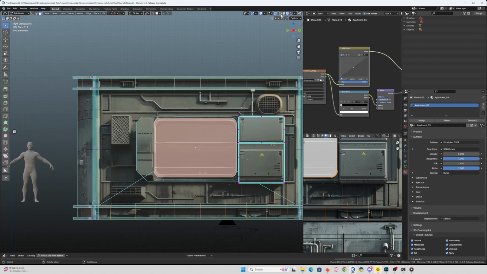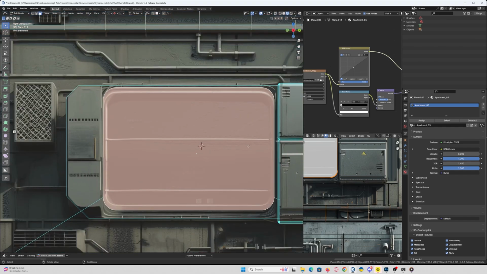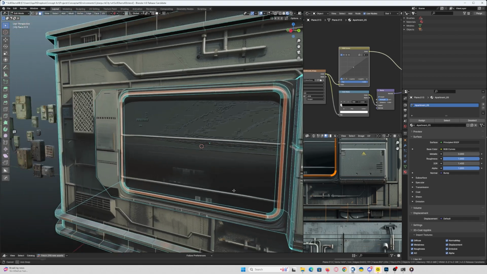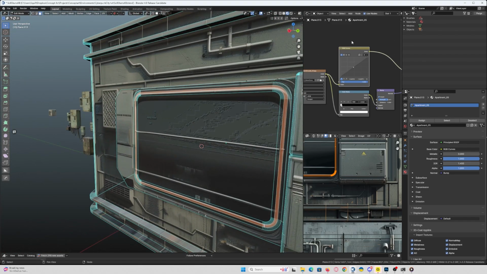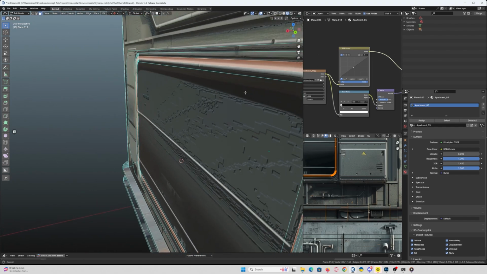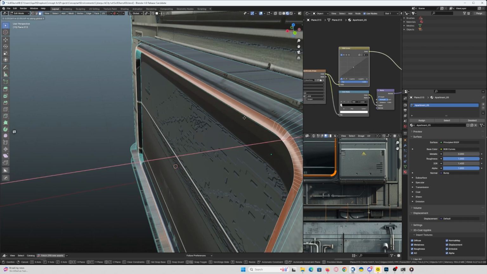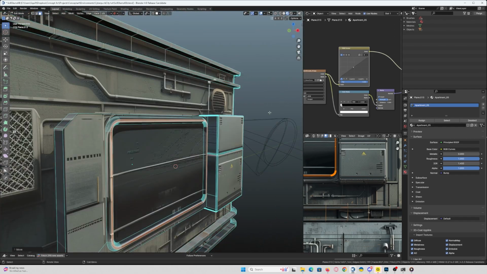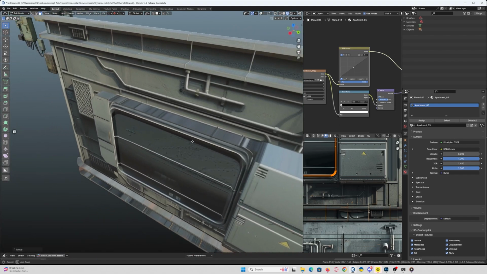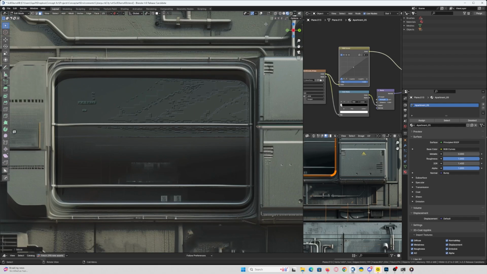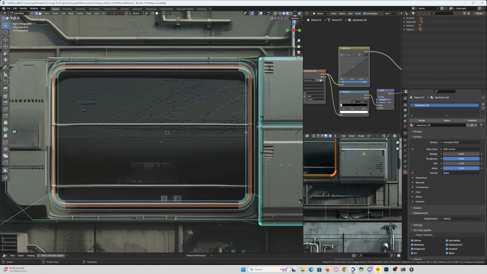We'll grab this, turn our X-ray mode off. We'll inset, inset, inset. And then we can grab this edge. If you want to grab an entire loop, just hold Alt and then click on one of the edges. It'll select the whole loop if it has the proper topology for it. And we're going to just bring that outwards like that and give it a little bit of a lip. And then we can